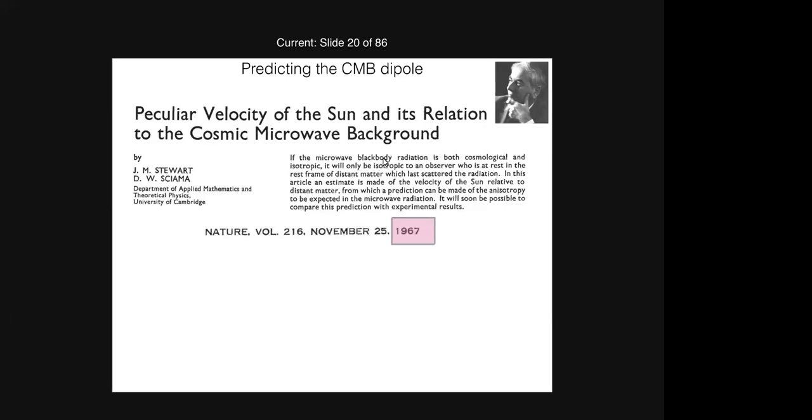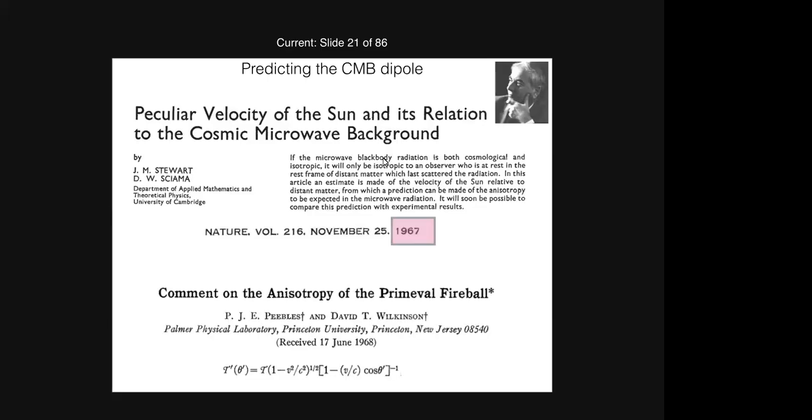Then later on, about a year later, it was Jim Peebles and Wilkinson who actually made a proper calculation without looking at the data: that the CMB itself is a black body radiation, and we as observers are moving in a black body radiation. So this is our velocity, the velocity of the observer. And then in that temperature map, there should be a dipole. This is a dipolar effect. You see cosine of theta. And by measuring this dipole of the CMB, the temperature dipole, you can find the velocity of the observer from just this simple image.